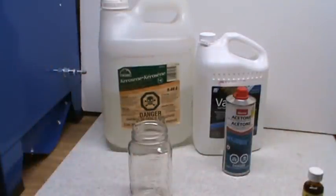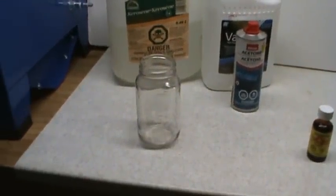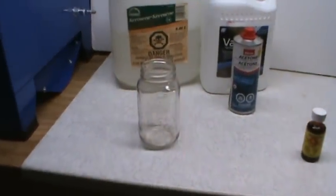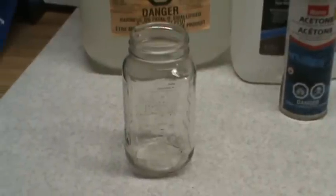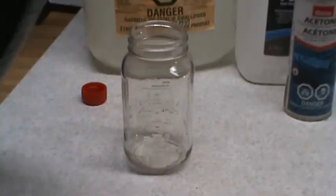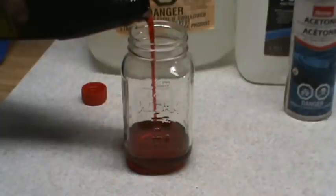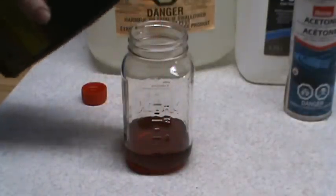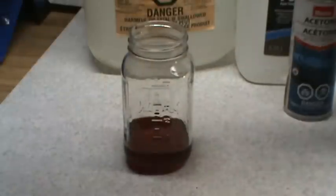automatic transmission fluid, and I'll pan down to the container here a little bit so we can see what's going on, hopefully a little better. Got a new camera here, so bear with me if my camera operation is less than perfect. So we'll add 4 ounces of ATF, and that does not stand for alcohol, tobacco, and firearms. Okay, so there we go. We've got 4 ounces of transmission fluid, and we'll add